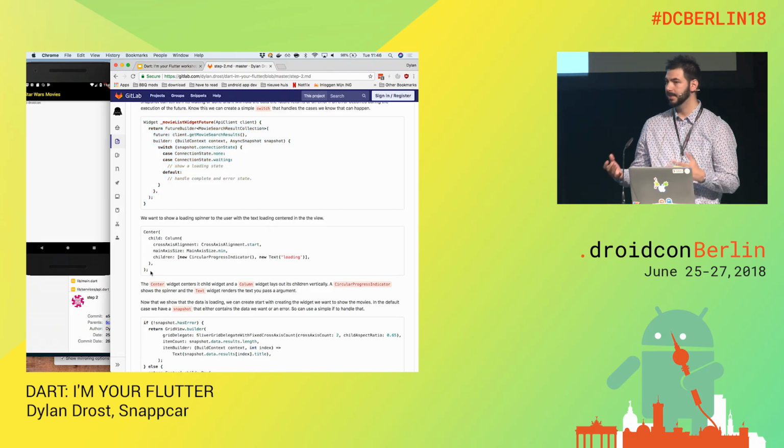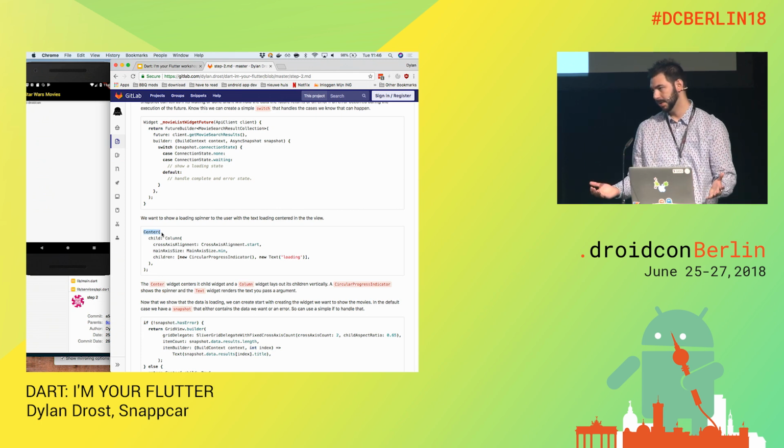So instead of having UI components that have lots of properties to set the padding and all the alignment and stuff of a box, Flutter actually nests those components into each other. So here we have a center widget, which the only thing it does is center its children in the middle of it. And we have a column component which